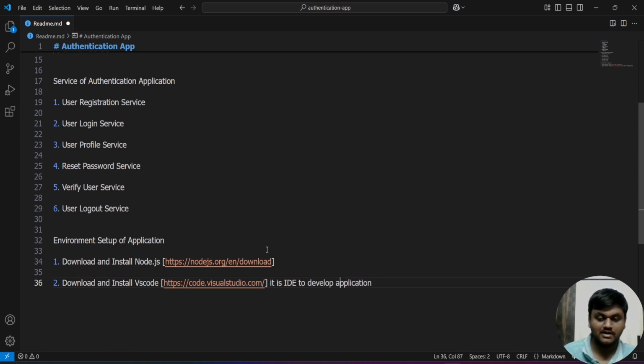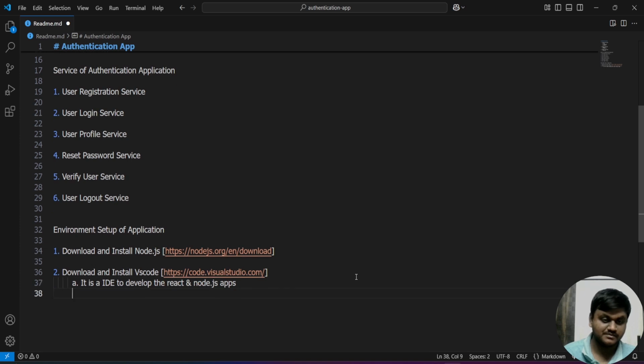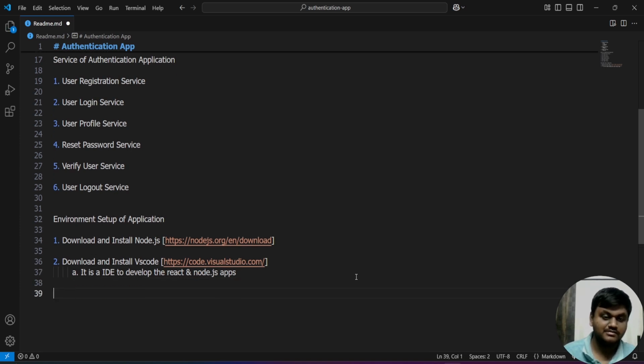It is an IDE to develop React and Node.js applications, Node.js apps. First, we are going to download these two things, then